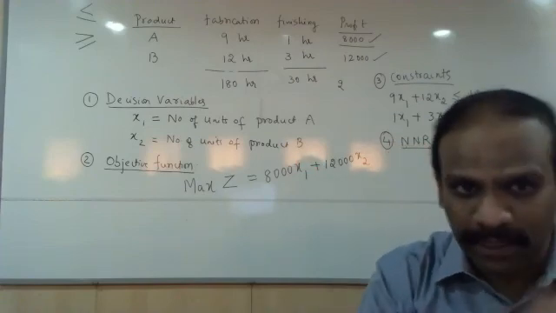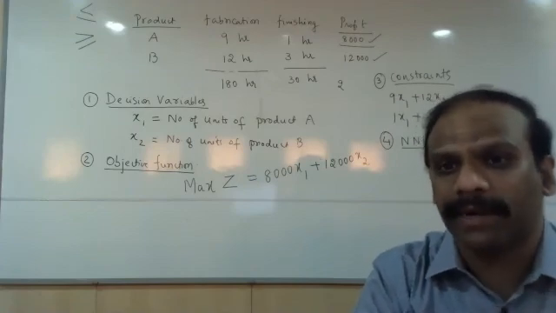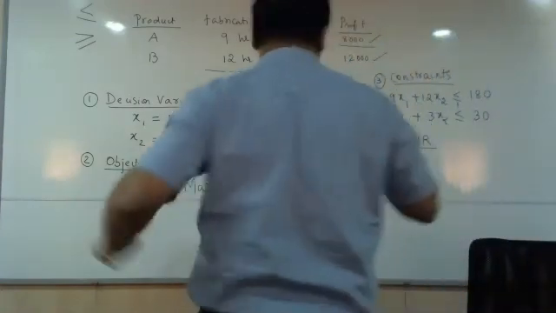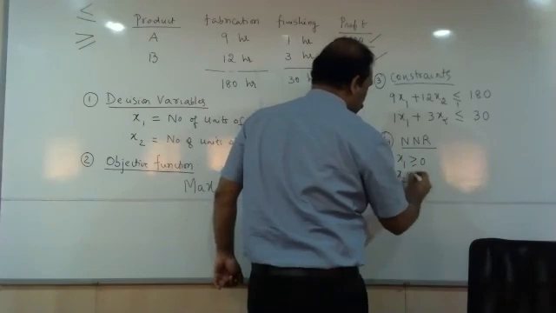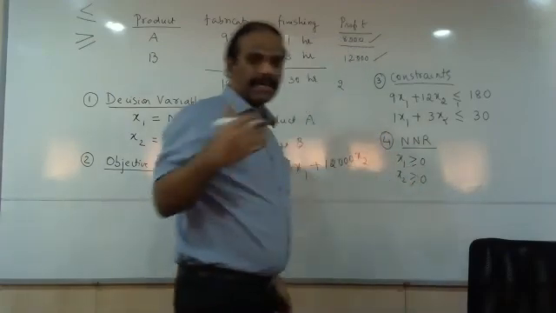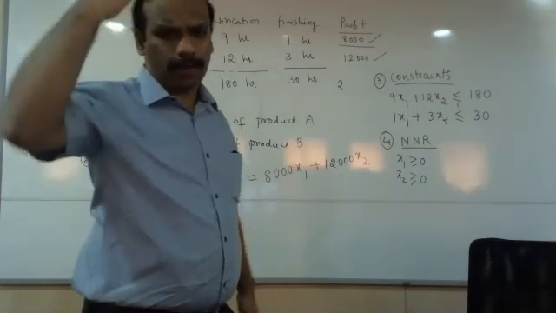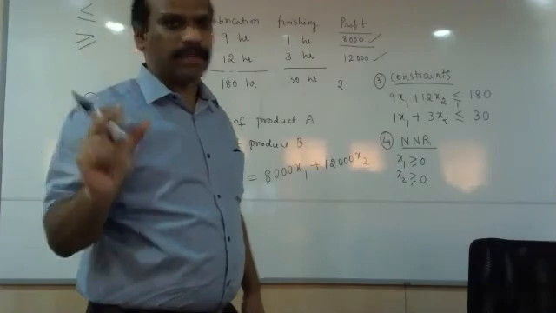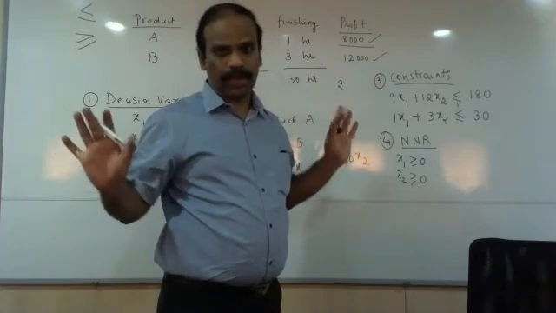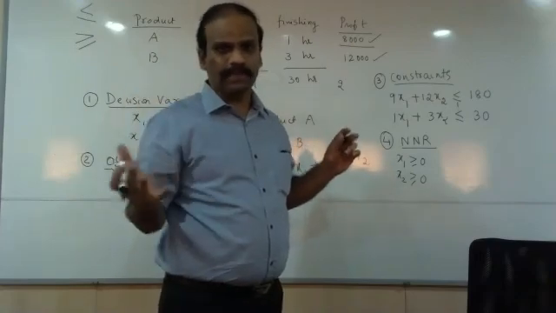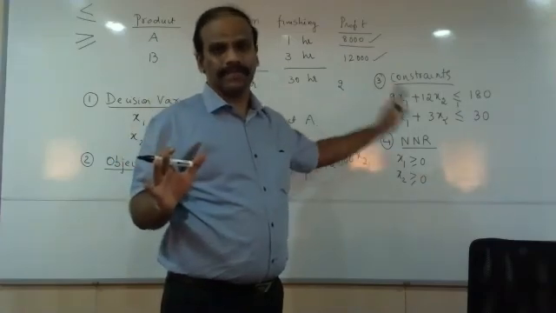So when I'm saying x1 and x2 are positive, I'm supposed to express that also in mathematical form. How do I express it? Like this: x1 is greater than or equal to 0 and x2 is greater than or equal to 0. Anything which is greater than or equal to 0 implies it is positive. Okay? This is a dummy step. Take any problem, however many variables are in that question, you must declare them positive. That's all. Otherwise, this particular step has no much significance. It is just saying that all the variables which we have considered in this particular problem are positive.